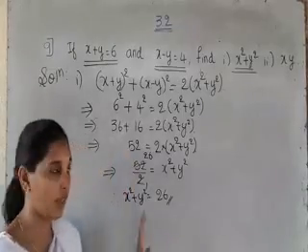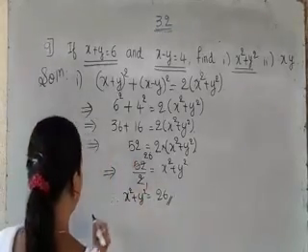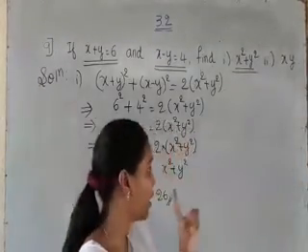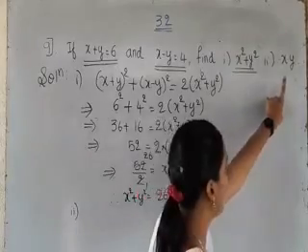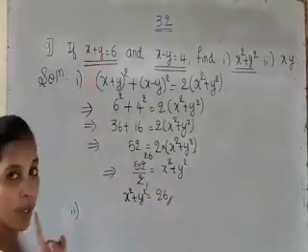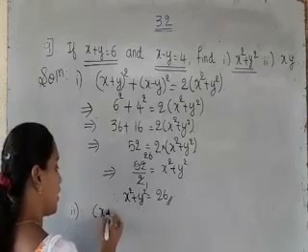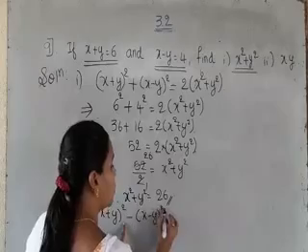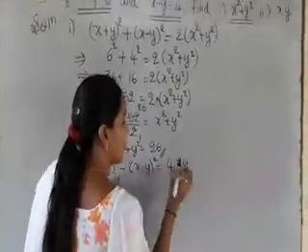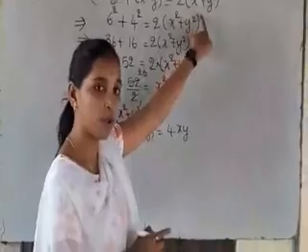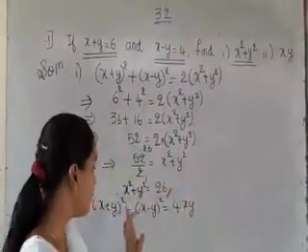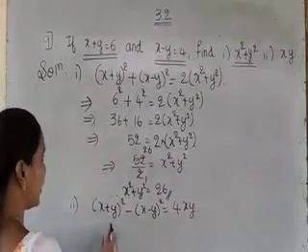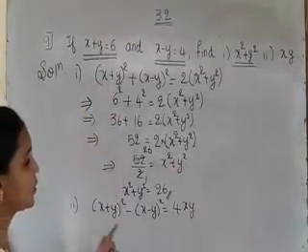Okay. The second one is what? We have to find the value of xy. As I told already, they asked to find the xy value. Same like this, one more identity we have, that is (x plus y) whole square minus (x minus y) whole square is equal to 4xy. If it is plus, we will get the value of 2 times (x square plus y square). If it is minus, we will get the xy value. Remember this. So again same as it is, substitute the values and get the value of 4xy.